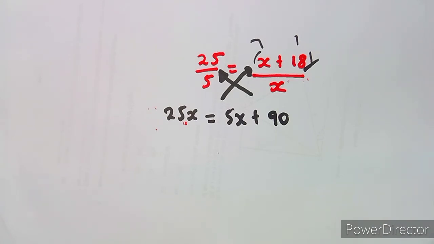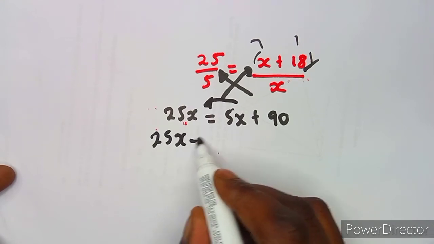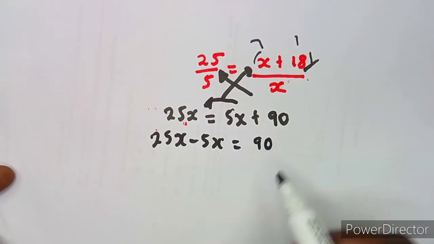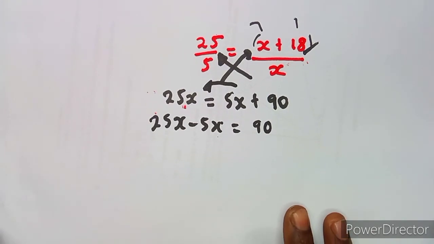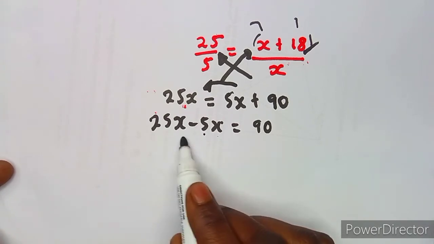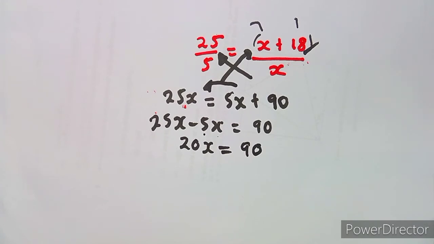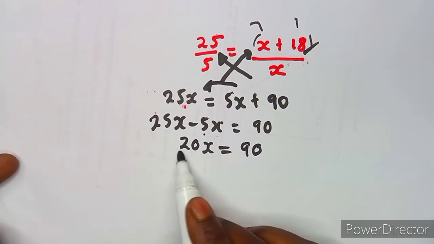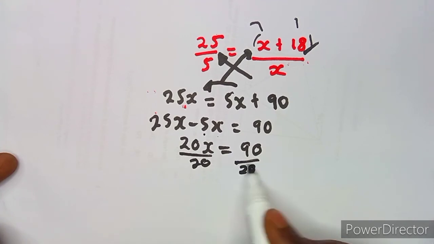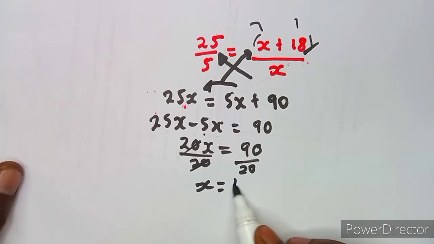How can I solve for X? I'm going to transpose 5X to this side, so that is going to be a minus. So it's 25X minus 5X, which is equal to 90. 25 minus 5 gives us 20X equal to 90. In order to find the value of X, we divide by 20 on both sides. So X is going to be 90 divided by 20, which is 9 over 2 or